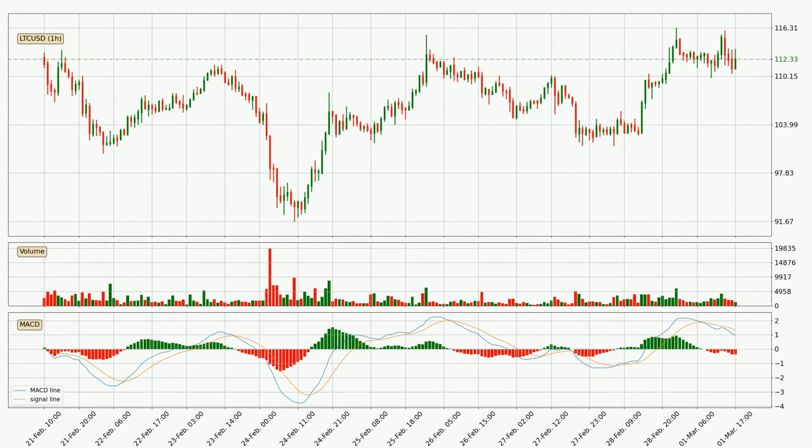Jumping to the hourly MACD, the trend is currently going down because the MACD line is below the signal line. The MACD histogram shows that the momentum is currently indecisive, so consolidation for some time or shifting the momentum could be expected, and it is to wait to see if the MACD line will cross the signal line, which will